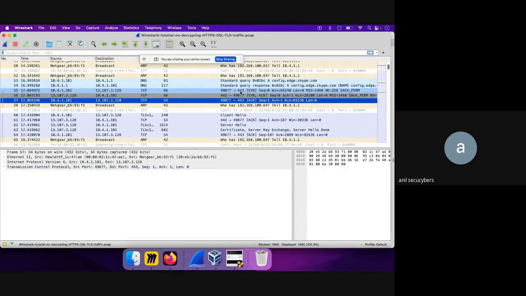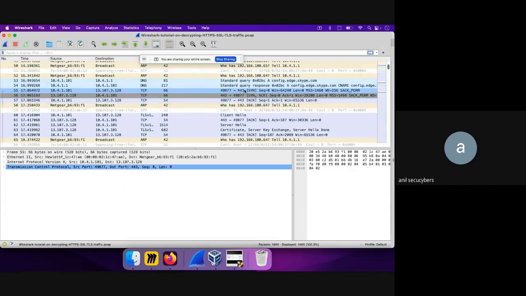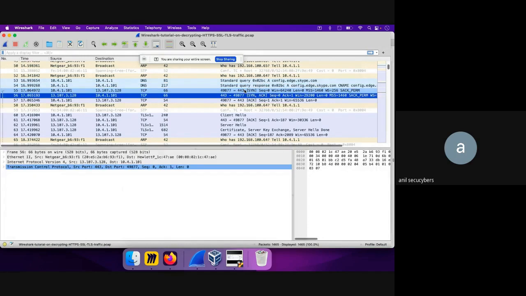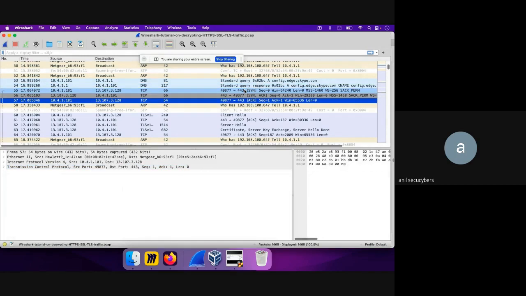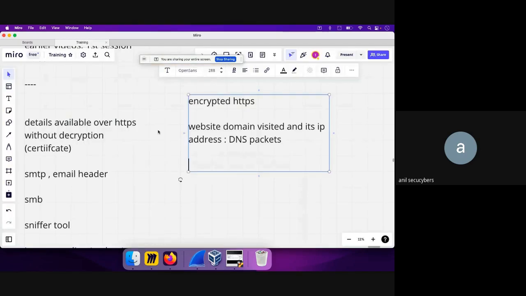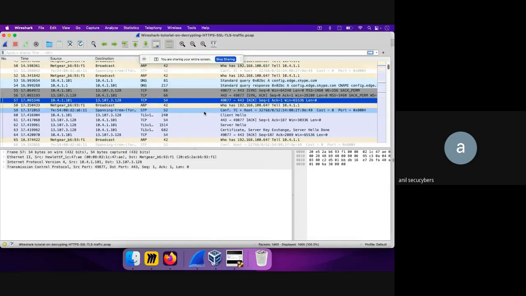there is a three-way handshake that is happening first of all, okay, the one that we saw. So there is a SYN packet, then there is SYN-ACK, and then there is ACK, okay. So first we see there is a three-way handshake. That is again something that we can see in encrypted HTTPS traffic, the three-way handshake, okay. Now the next thing that we can see is that